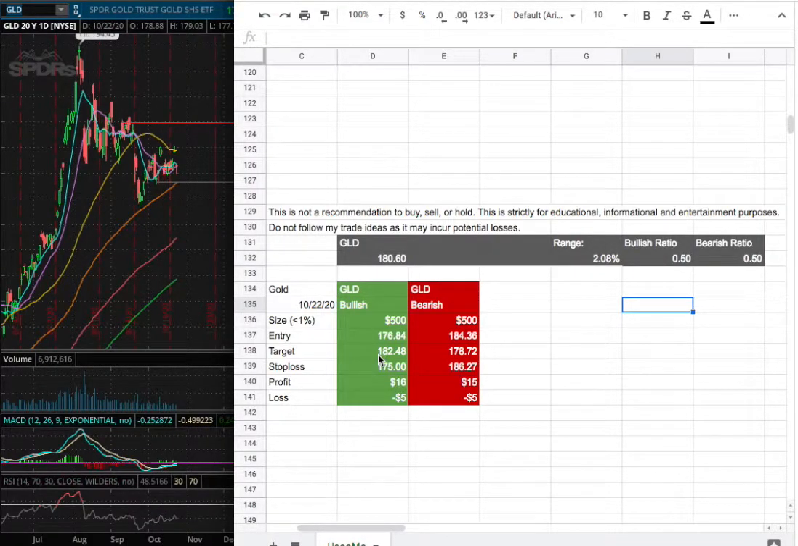And my sell target for it will be $182.48, and my stop loss will be $175. On the other hand, if I were to open a short position, my short entry will be at